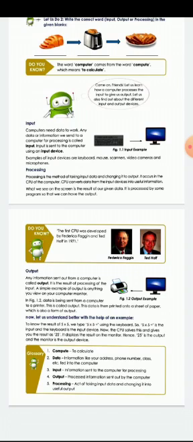Next, output. Output means any information sent out of the computer. Okay, anything that we are getting out of the computer is known as the output. That is meaningful information which is required by us, the result we are searching for. That result will be given through an output device. Okay, that information is called output, and the device through which it is available to us is called an output device.